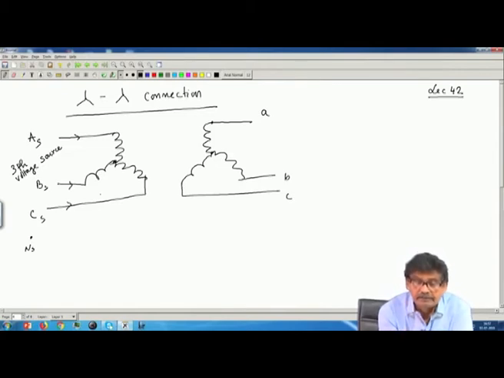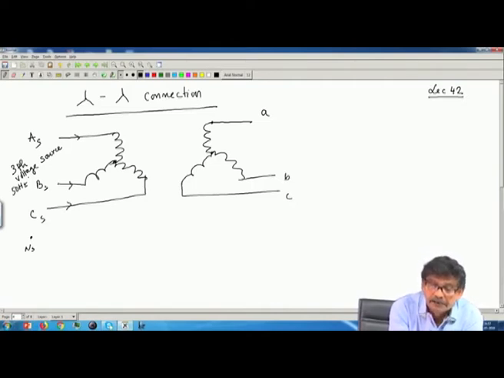To create 50 hertz flux in the core of this transformer, I require a 50 hertz plus 150 hertz component of the exciting current, also higher orders like 5th and 7th, but I am neglecting those; the predominant thing is the third harmonic. But in this type of connection, in the line,